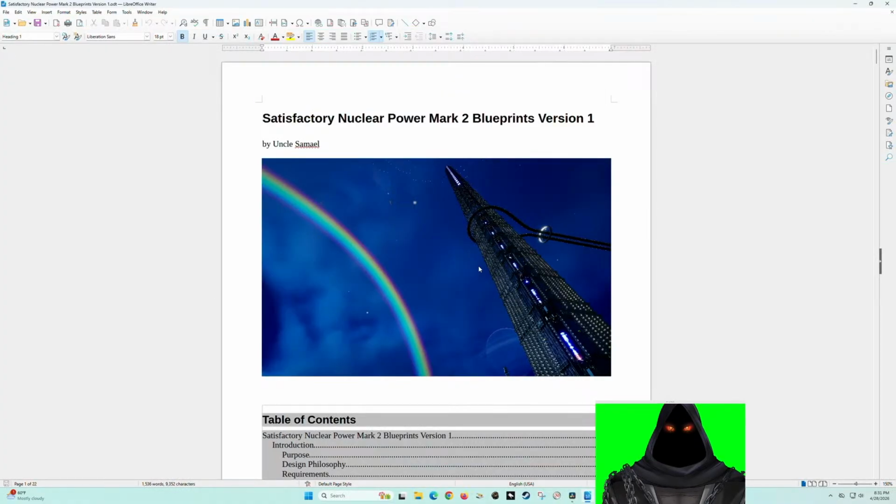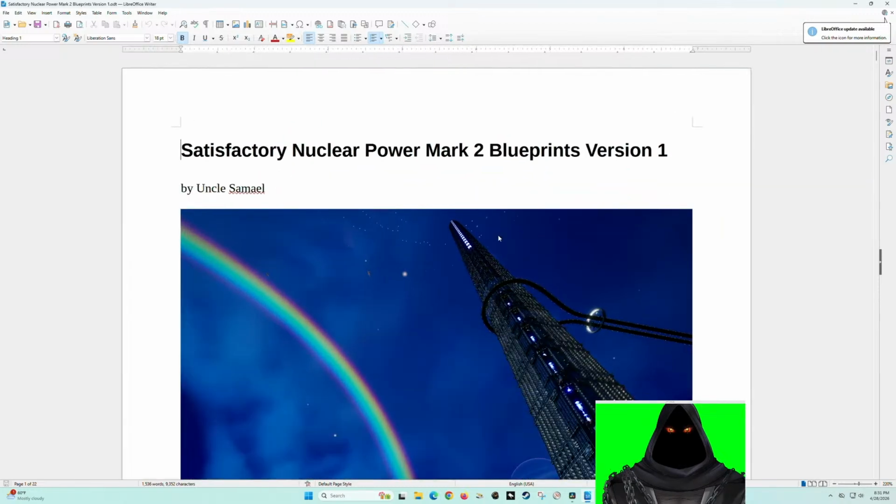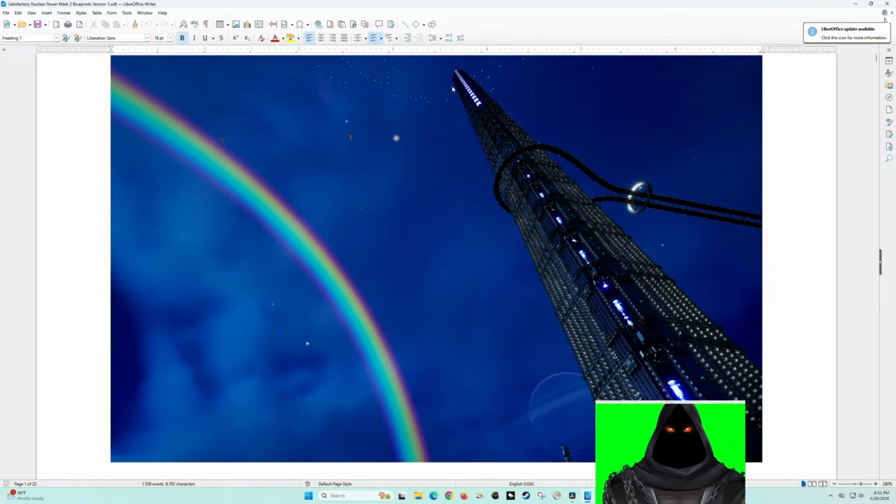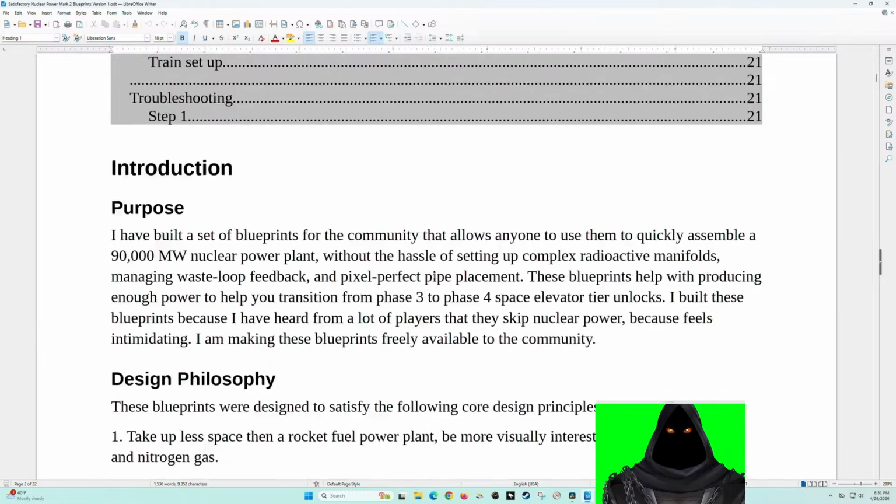Okay, so this was the original document that I tried to type up. By the way, this is what it looks like. This is a pretty cool picture I took. It's got a little rainbow, and this is the power tower. And I built this monorail to hug around the tower because you need like 24 freight cars worth of items to build this entire stack. So I'm literally wrapping the train around the tower, and I'm running back and forth between the train and the stack to keep building it because I can't hold all the items in my inventory at once.